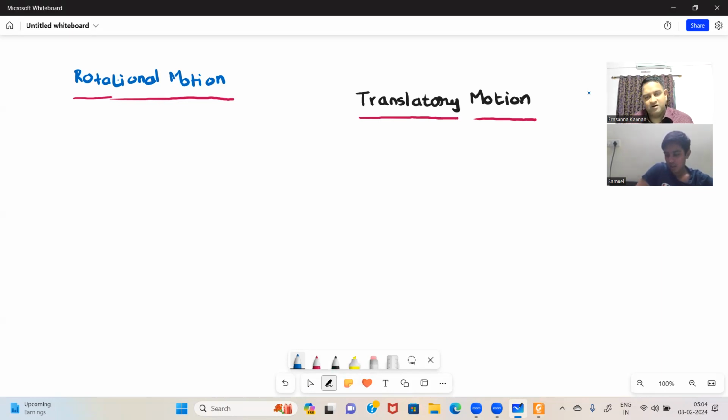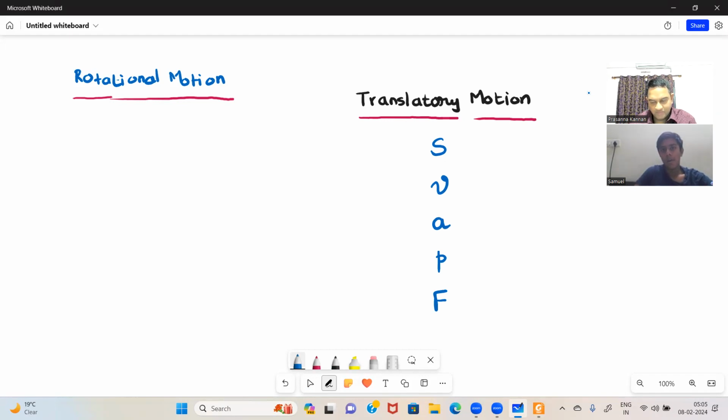Now can you tell me some variables which are important in translatory motion? What did you learn? I'm sure you have been learning about translatory motion right from a lower class, correct? Translatory means linear motion, all right? So what are the terms you have been learning? Distance, displacement, very good, speed, very good, velocity, very good, etc. So you have been learning about displacement, velocity, acceleration, correct? Time, of course. Yes. Momentum, yes, sir. Force,